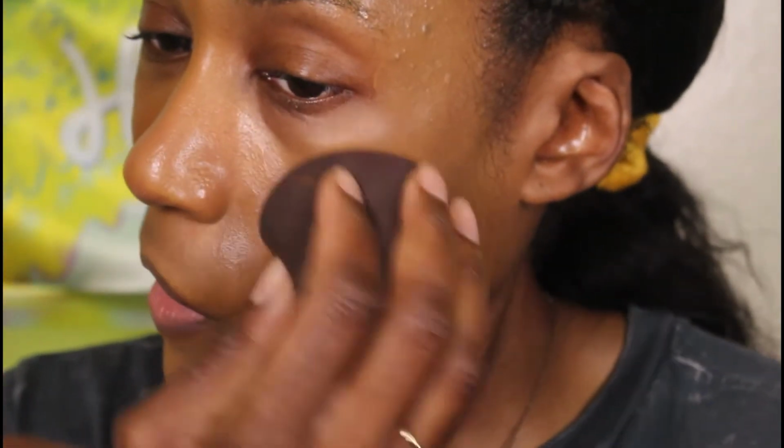Now I can clearly see the distinction of this being lighter than this one, but you see what I'm saying about the coverage and how it looks pretty much the same as natural skin. This one just looks a little bit heavier because it gives more coverage off the bat. I put 2 layers of this on. It doesn't look as heavy, but the fact that I had to do double what I did on that side to get the same amount of coverage